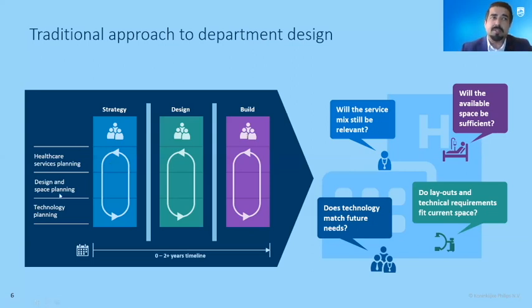So within this process, you're considering your service plan, your design, your space, and the technology requirements. And typically, this takes quite some time, on average between 0 to 2 years. That's what we see at a department level, from the initial plan till realization. And when you realize your department, I have put 4 question marks here. Those are more concerns of